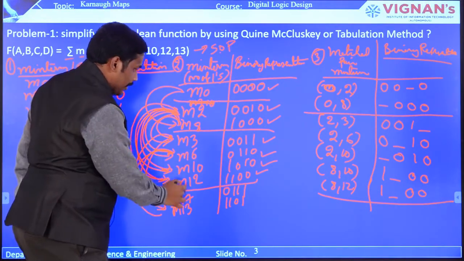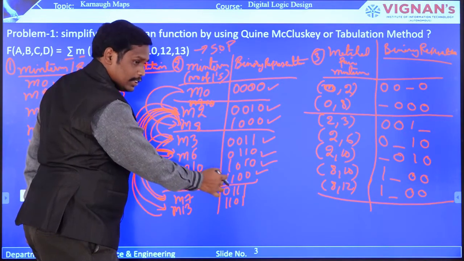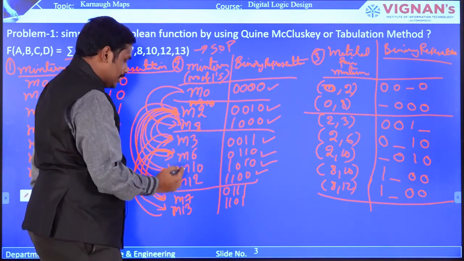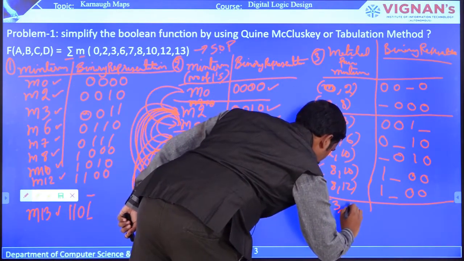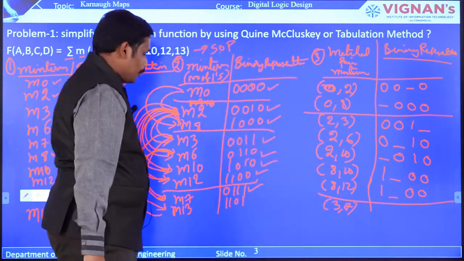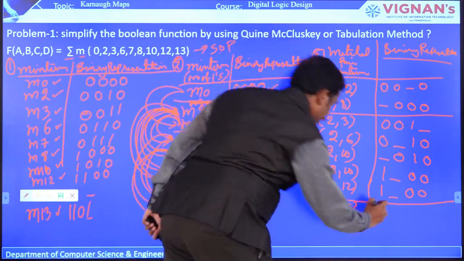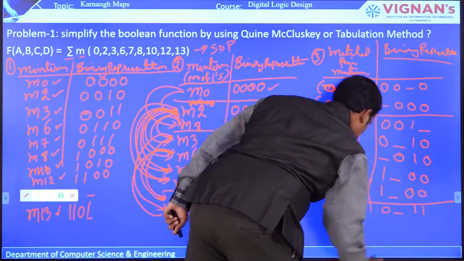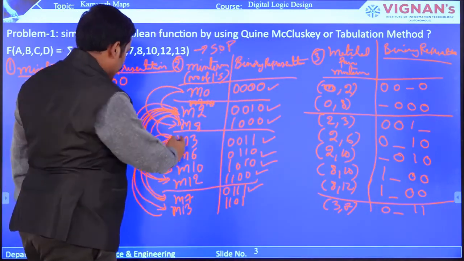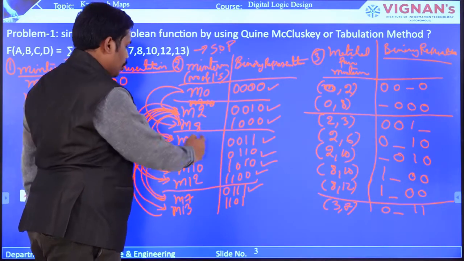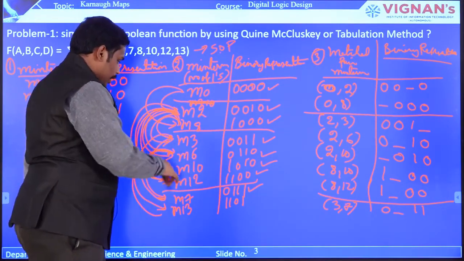So now we'll check whether they are common or not. So M3 and M7, you can have a commonality that is 0 0. The second position is a change and the third and fourth positions remain the same. So I'm having a small tick mark and I'm going to write this particular 3 comma 7. So what is the value that you are going to write? That is 0 _ 1 1. So I have completed one more matched pair. And now we are coming to 3 and 13. 3 and 13, there is no possibility because many bits are in opposite direction. So we cannot consider it.